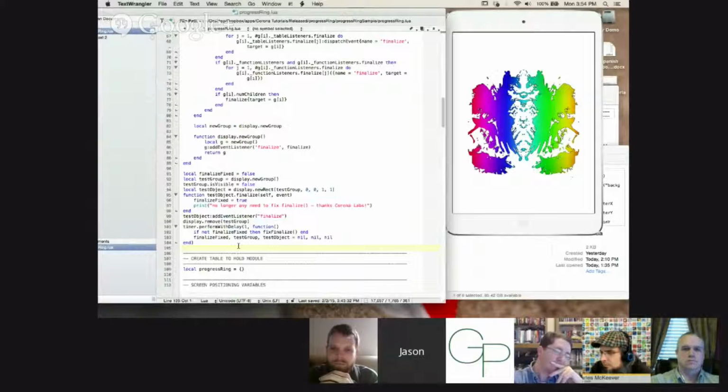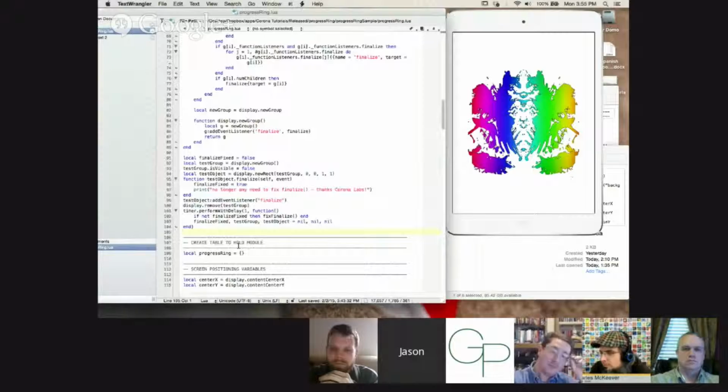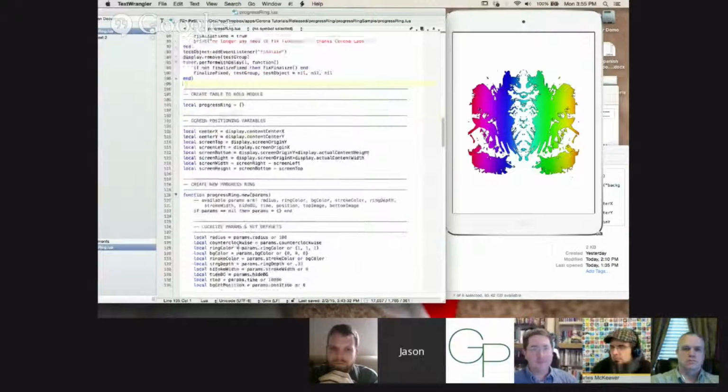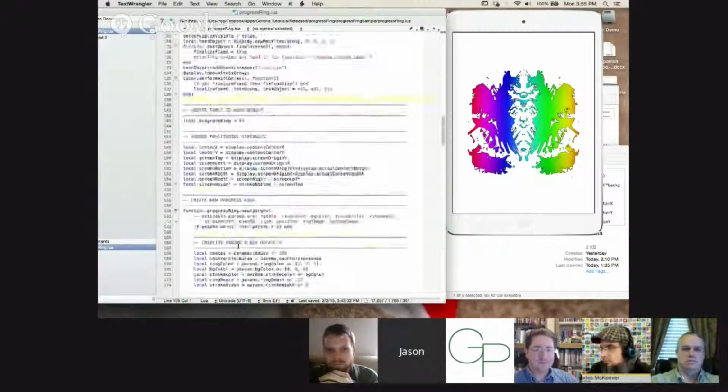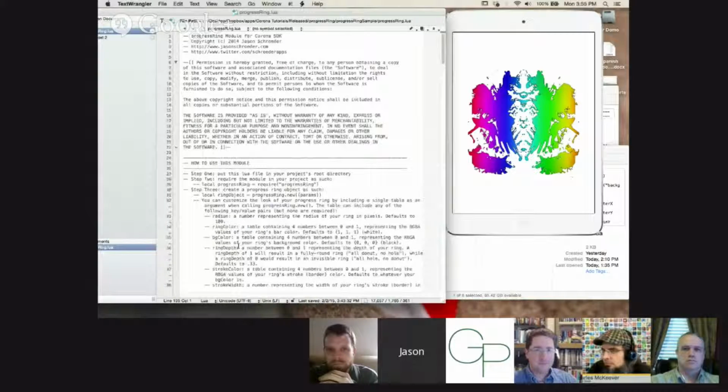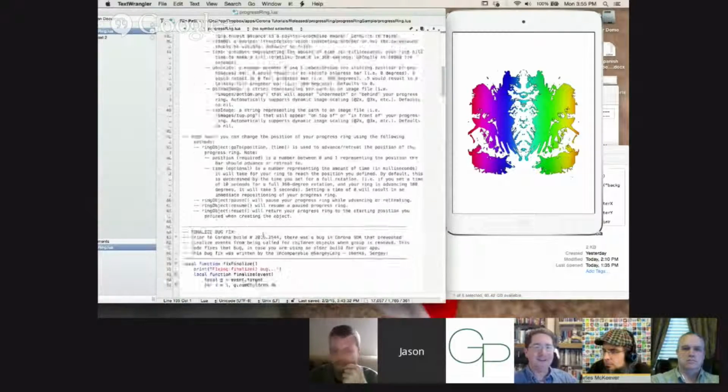It can be as simple as a flag. I can set a flag in here, and when you call progress ring new, check that flag. If it's not true, set a timer there and rerun the same call 10 milliseconds later or whatever. But I don't know. It opens up